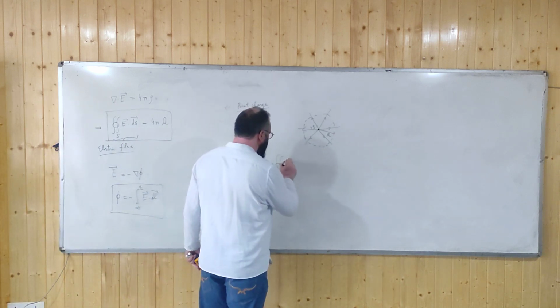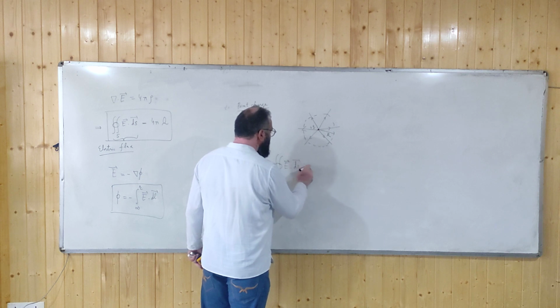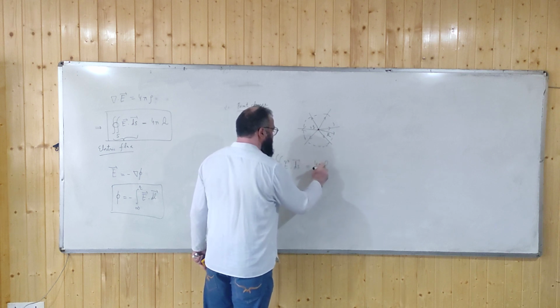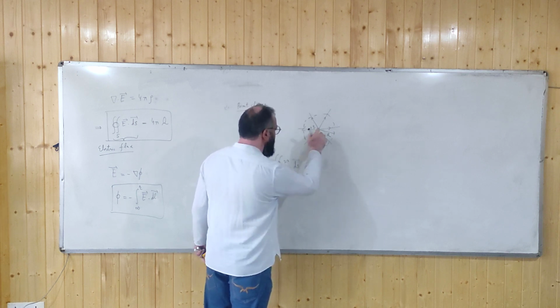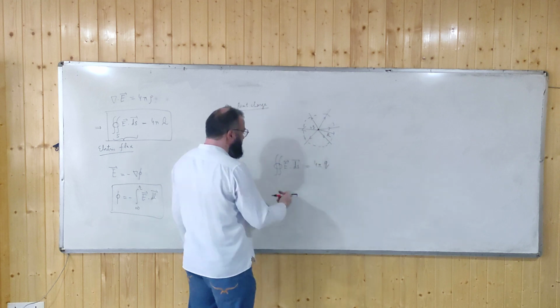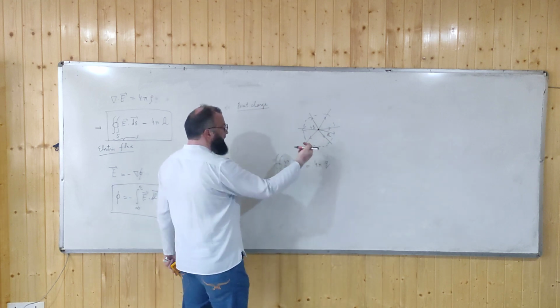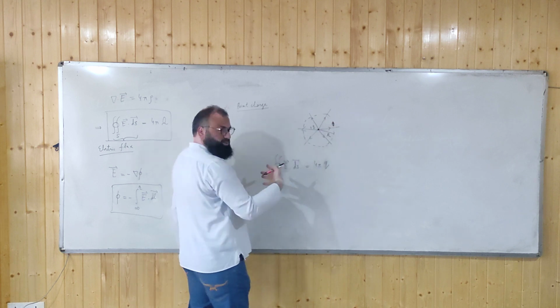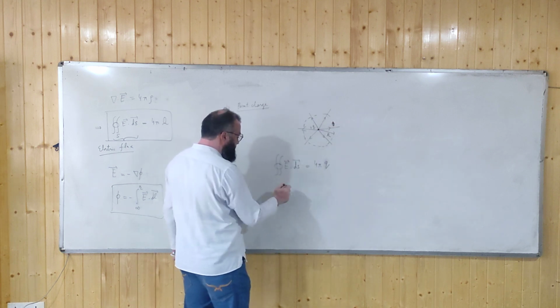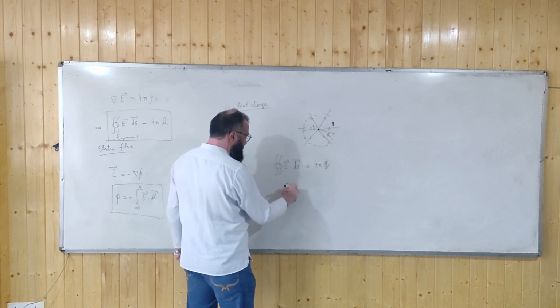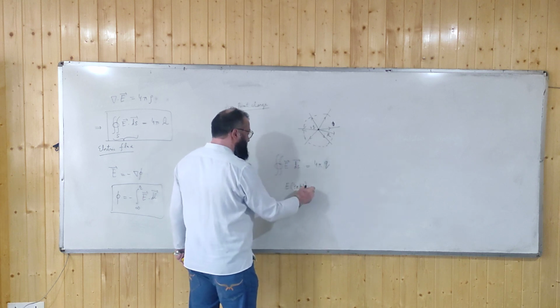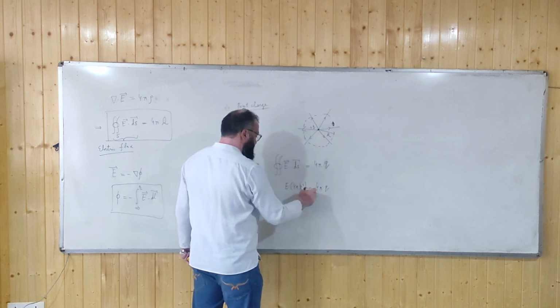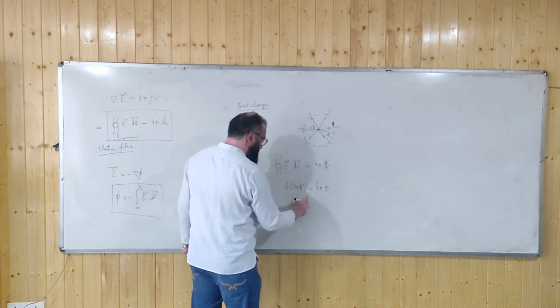Then you calculate the electric field. So that's 4 pi q. The Gaussian surface should enclose the charge, so that's q. Since E and ds are in the same direction, where ds is any element on this very surface, you can calculate now. It's E times 4 pi r square. I should say capital R, where R is the radius. So that's 4 pi q. So E is equal to q by